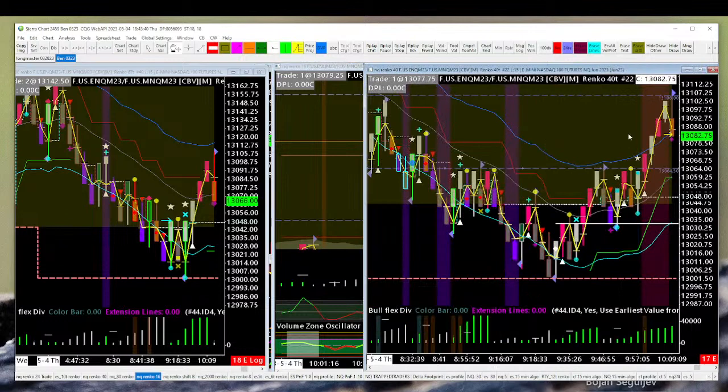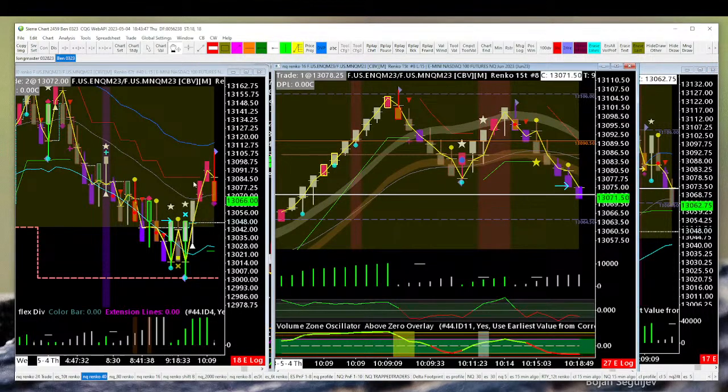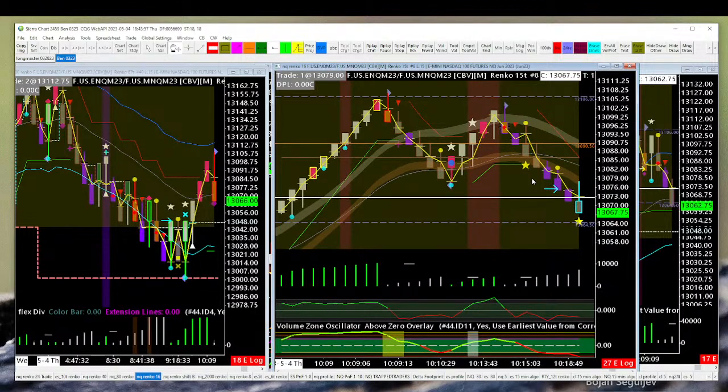So let me see if I can find one on the other opposite side. So I need, here, a purple bar on a triangle on the 40 tick. Right? So again, the higher time frame does not have a star this time. And it didn't even reach this. But I want to see if this might be similar. So we go,